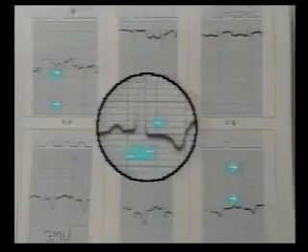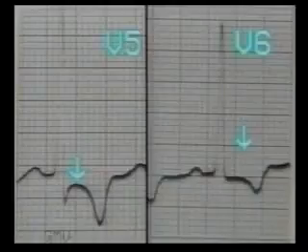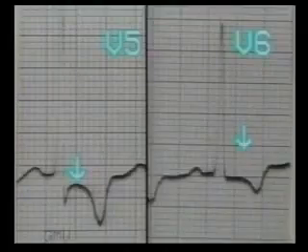This ECG shows left ventricular hypertrophy with deep S waves in V1, V2, tall R waves in V5, V6. Now observe the lead V6 in the inset. Note the ST depression of the strain pattern. In leads V5 and V6, there is mild depression of the ST segment and T wave inversion. This is left ventricular hypertrophy with strain.